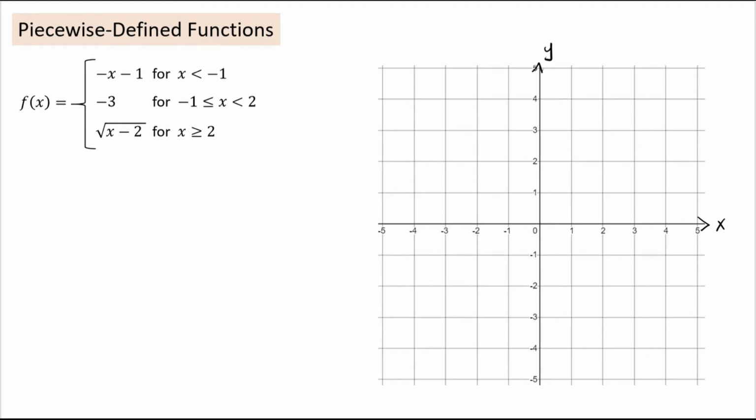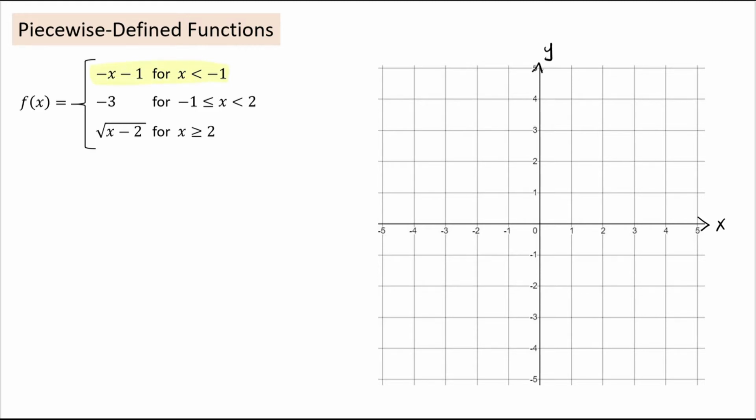The given function f is a piecewise defined function. Let's graph this function. We have f of x is equal to negative x minus 1 for x is less